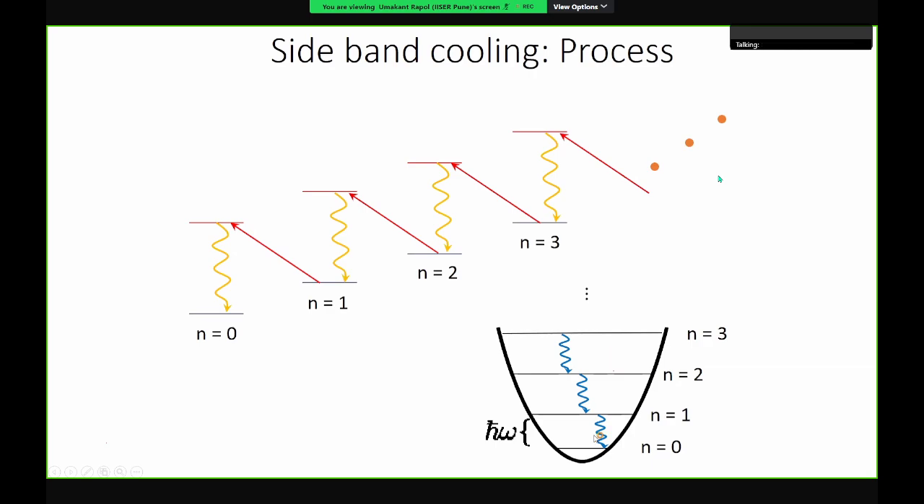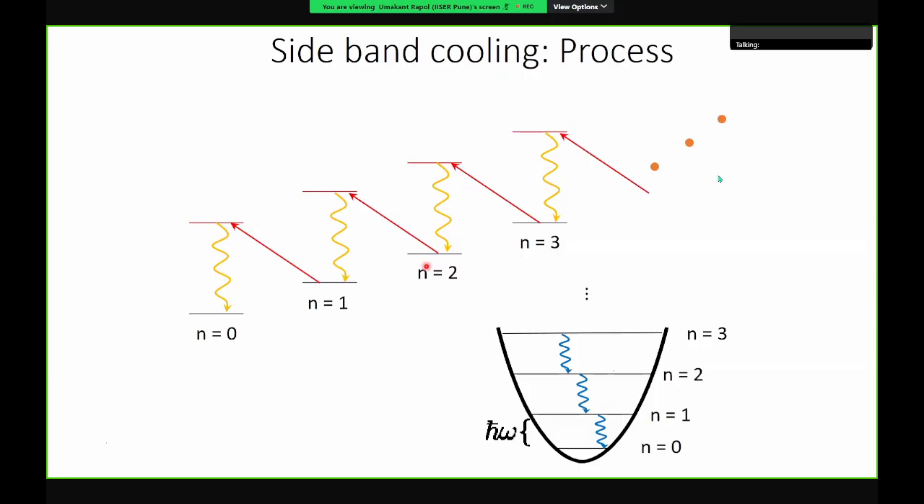In order to take it down to the lowest energy level, if we look at the ladder of energy level diagrams, this is the ladder of this energy level diagram. If my ion is somewhere far up here, it will be occupying one of these energy levels in the ladder. Now, if I come with a red sideband, what you basically do is excite from this ground state to the internal excited state, plus